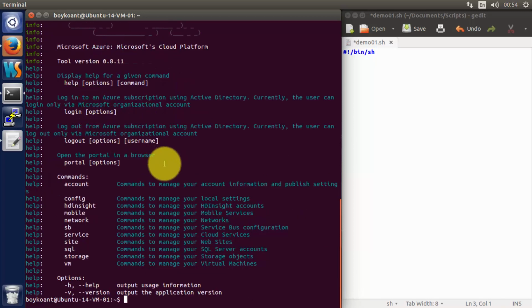And here I have some basic help about how I can use these commands to access all necessary resources. The first thing I need to do is I need to install, but not install, I need to connect my Azure Cross-Platform interface to my Azure subscription. And that's why I should go through the account section, because in account I can find commands to manage my account information and publish settings. So I will type azure